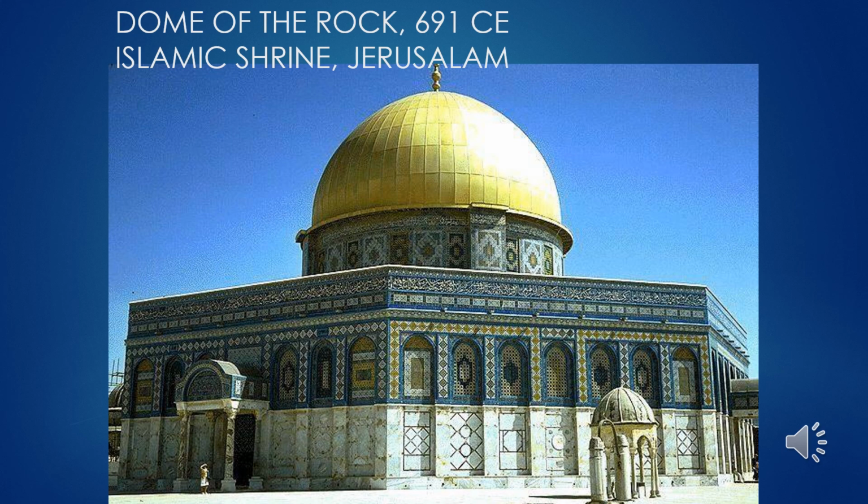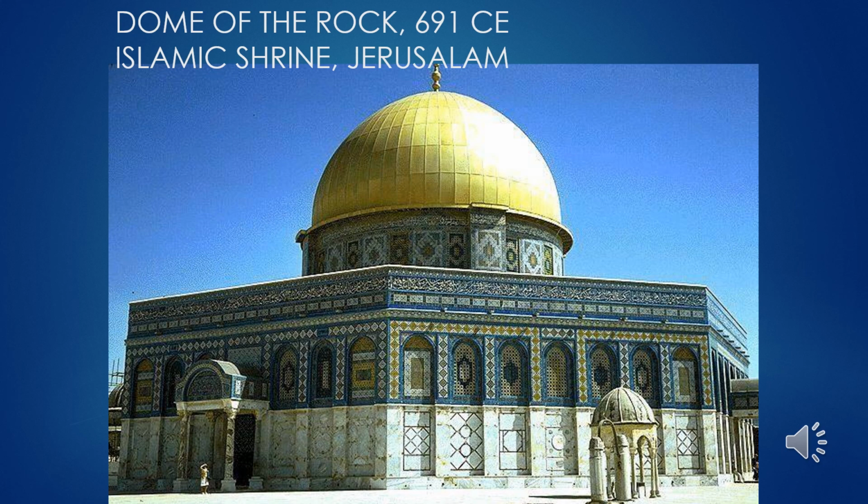And on this location, it was thought for the Muslims that Muhammad ascended to heaven to visit God on his night journey to heaven. For Jews and Christians, it was the site of the Temple of Solomon and the rock where Abraham was to sacrifice Isaac, which is also significant to Muslims. It was the site of a Roman temple for Jupiter at one point, and also a Byzantine Christian church. So again, a site that's remained actively important for many faiths.